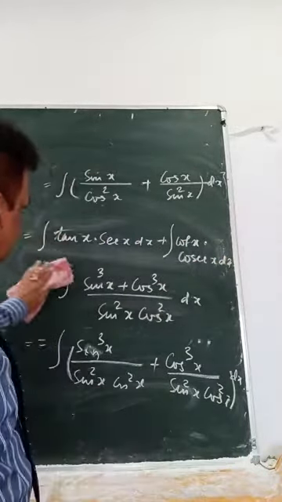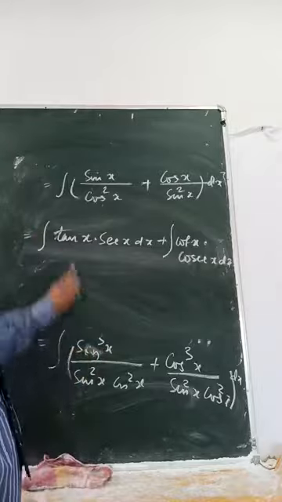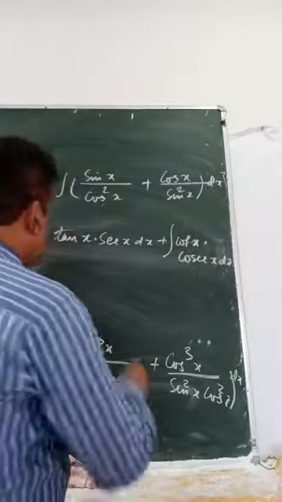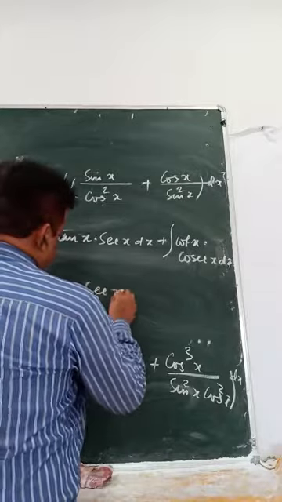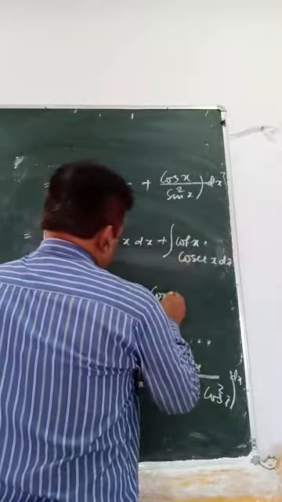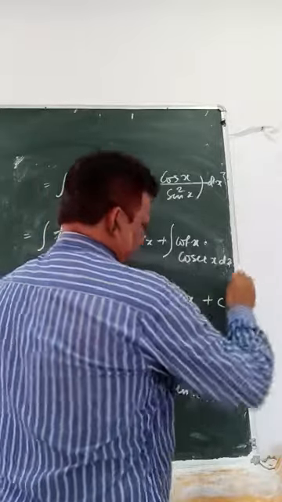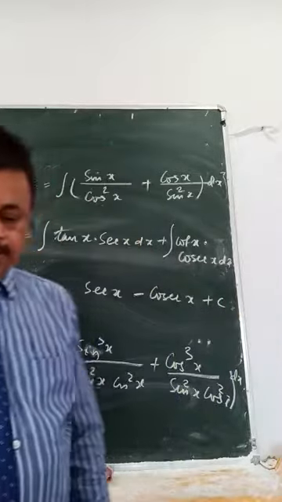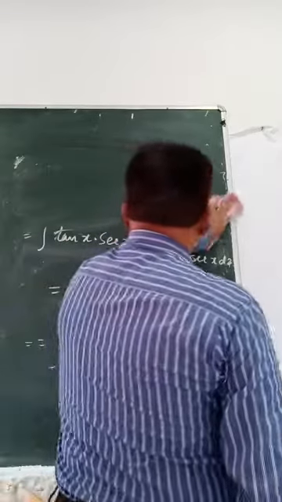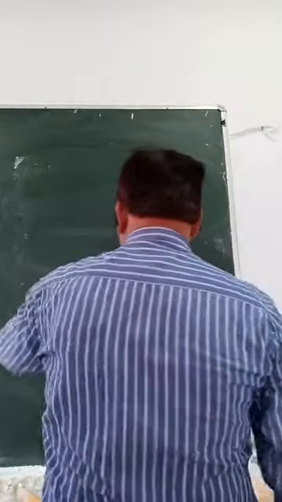What is the integration of this? If you check your formula list, what will you get? Sec x. And this will be minus cosec x. Then a constant. So techniques are there, and you have to follow them. So if I show you another question like that,